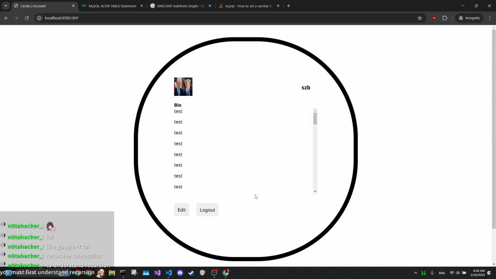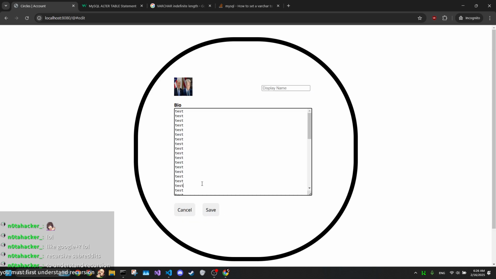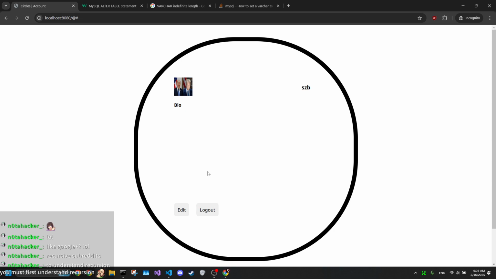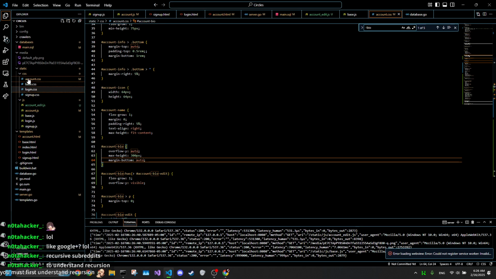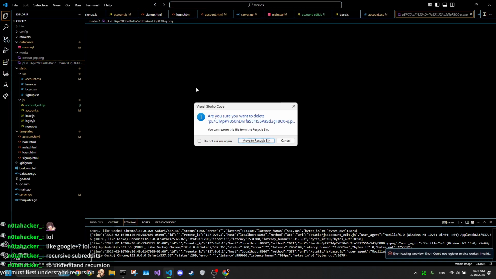Okay, I think that's good enough. Yeah, that still looks fine with it filled. Then if I empty it, it also still looks fine. Yeah, I'm gonna nuke that